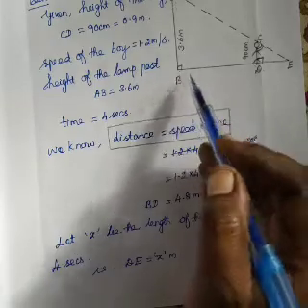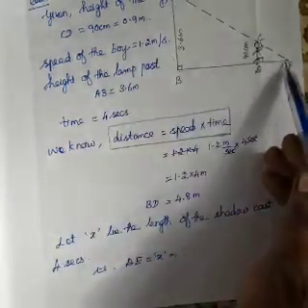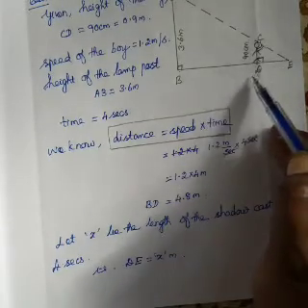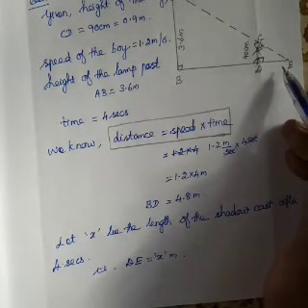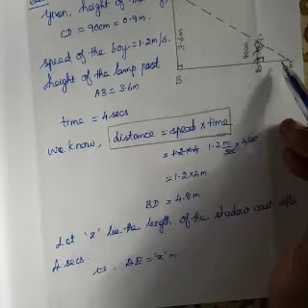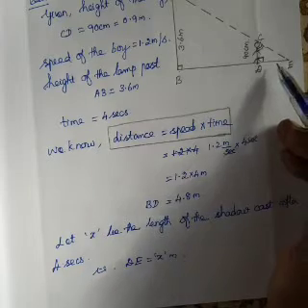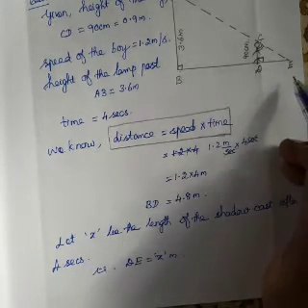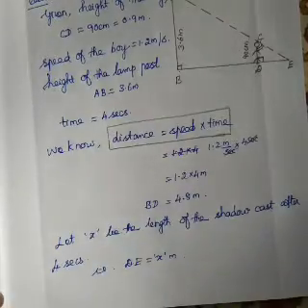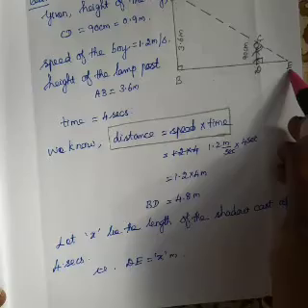So we can say by AA criteria, the big triangle ABE is similar to the small triangle CDE. The triangles are similar means the ratio of the corresponding sides are equal, or the sides are proportional. So we can use the side lengths and find out the x value. What about this BD length? It is 4.8 meter. DE length is x meter.